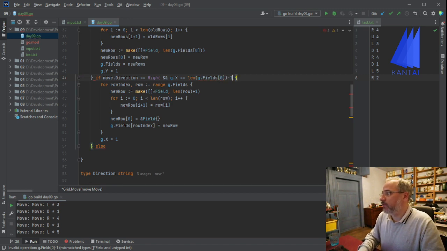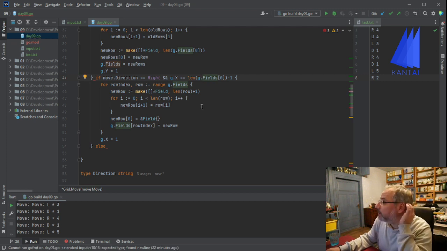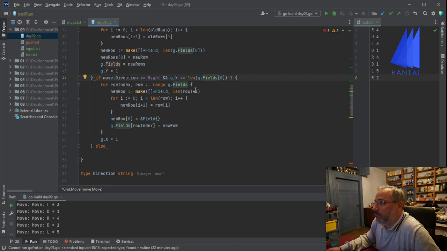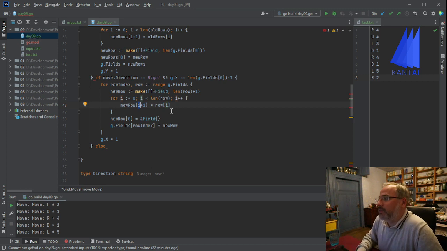So if this is the case, then we again create a new row. All rows need to be extended. So we create new ones, but then we basically copy